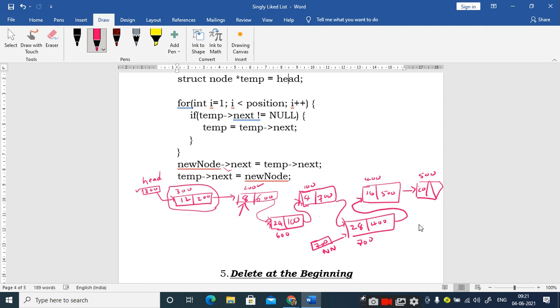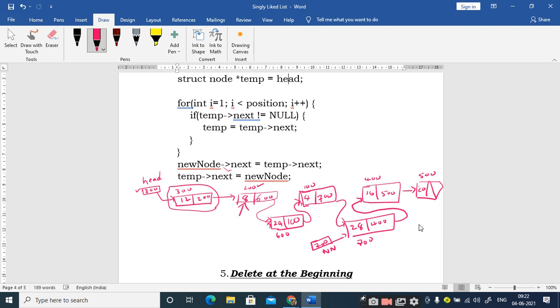So let us look at the disadvantage of this particular implementation. First of all, tell me how we can change the value of head to point to 200. Where can I access this 200? Where is this 200 stored? In head next. The 200 location is stored as the next part of the first node.